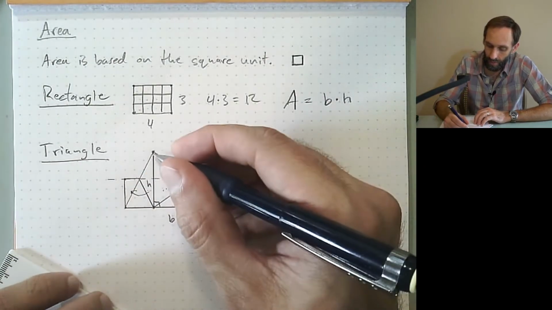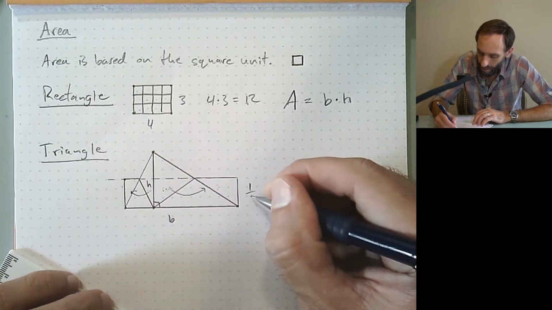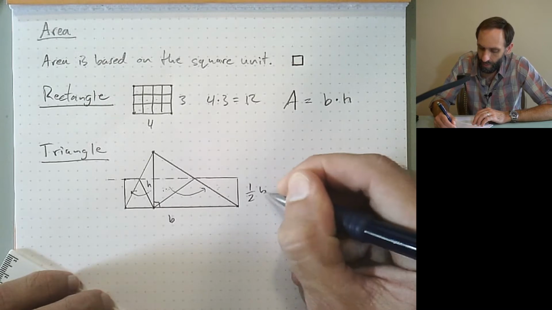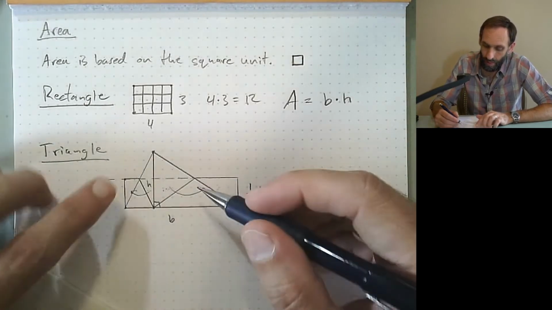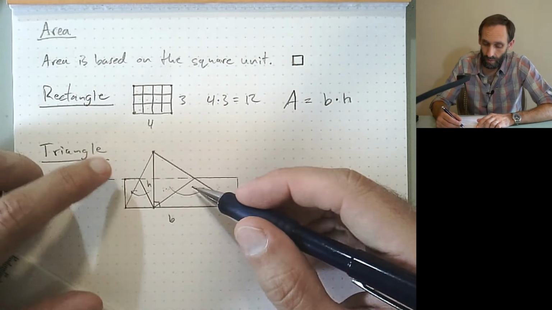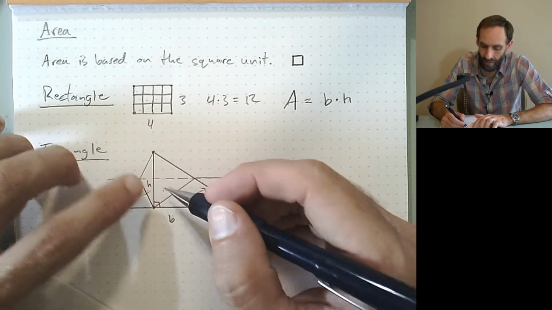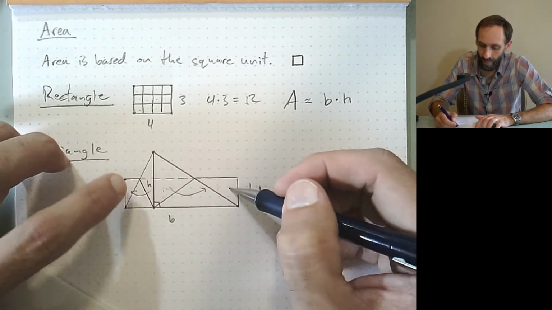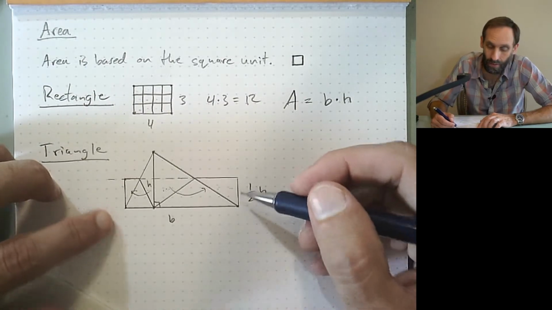So if this is the height, and I drew this line halfway up, that means this is 1/2 the height, right? Well, now I've taken the original triangle, I have folded over the top and then cut those two pieces off such that they lay right here and make up a rectangle that's half the height of the triangle I